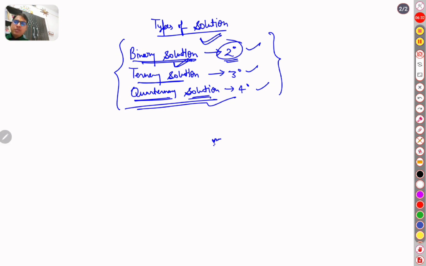There are many small topics given in this chapter, like solid solution, liquid solution, gaseous solution, components of solution. A lot of things are given, but it is very easy. In this chapter the most important topic is concentration terms: molarity, molality, formality, mole fraction, parts per million, parts per billion, mass percentage. These are the important topics from this chapter. So let us talk about the concentration terms.